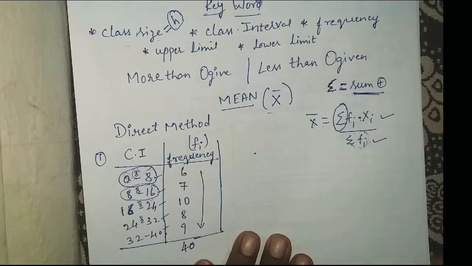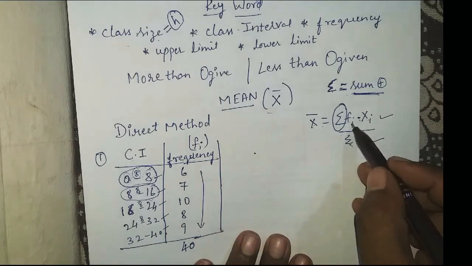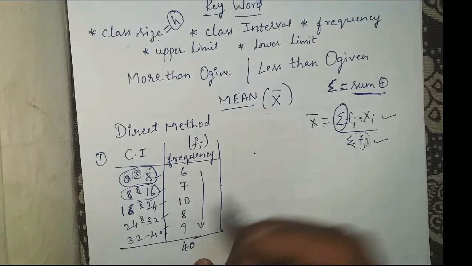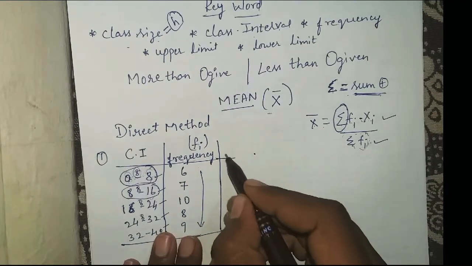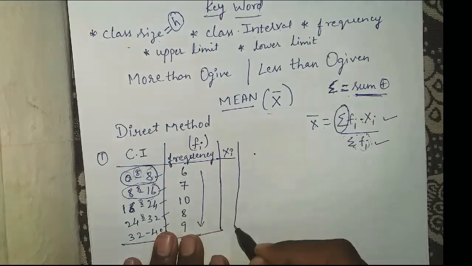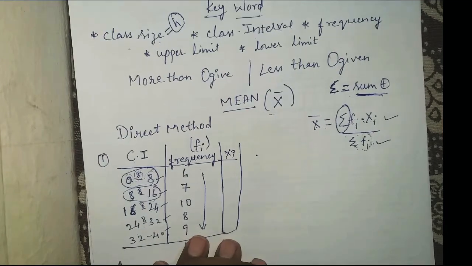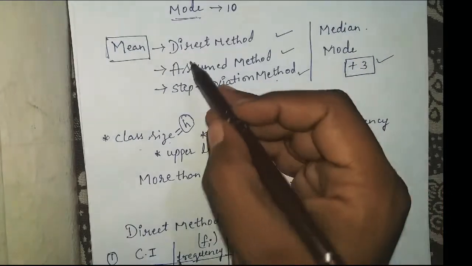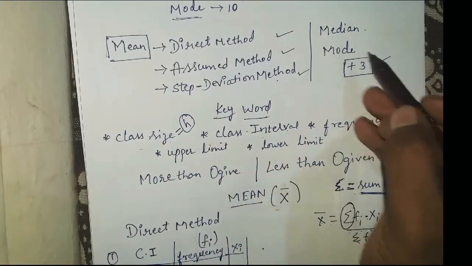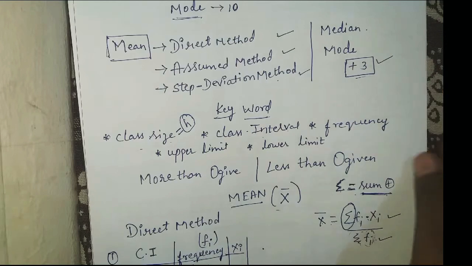Now I need the value of sigma fi into xi. I know what fi is, but what is this xi? I don't know xi, so put the column. You need to find xi. I told you, right? You'll get 5 formulas here and 3 extra formulas. In those extra 3 formulas,